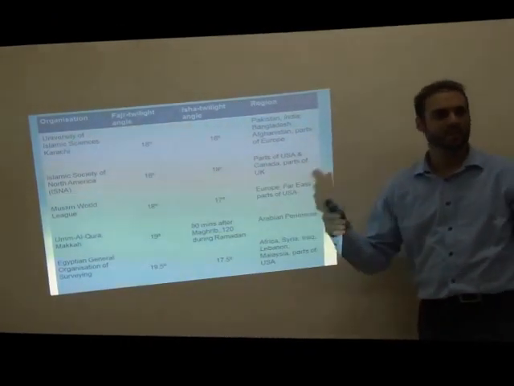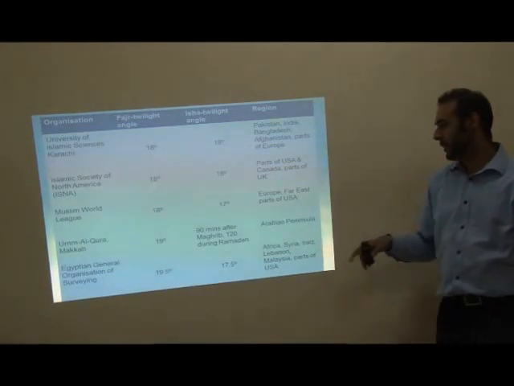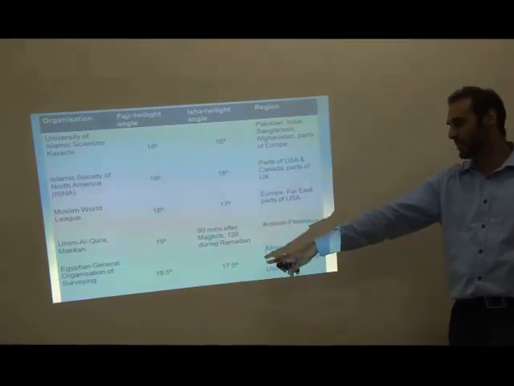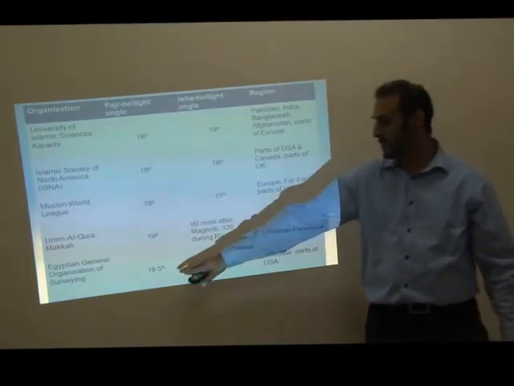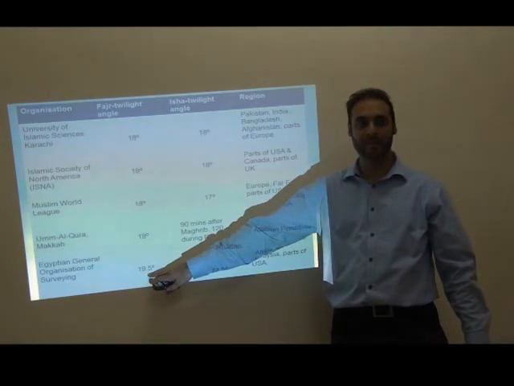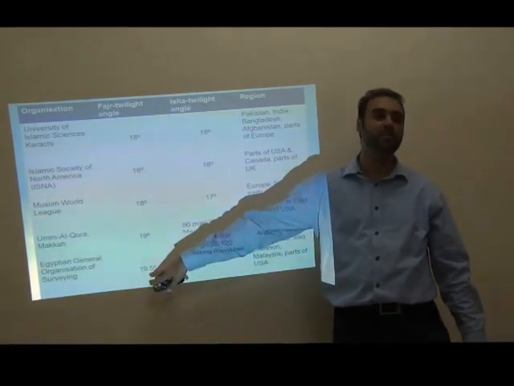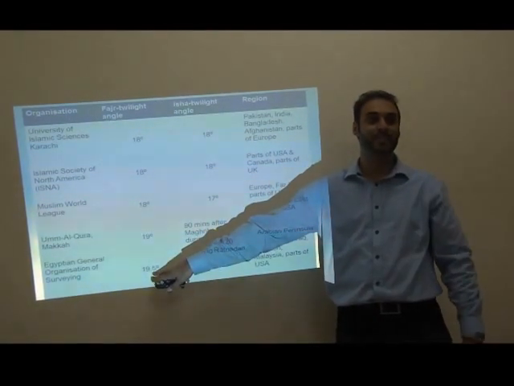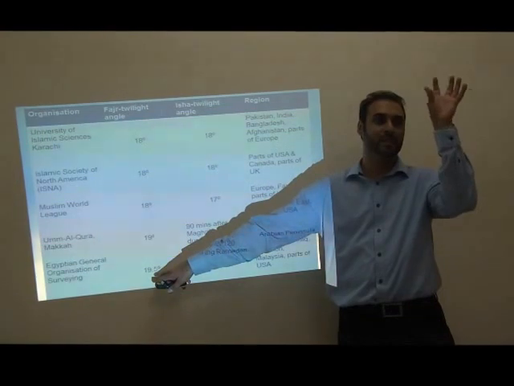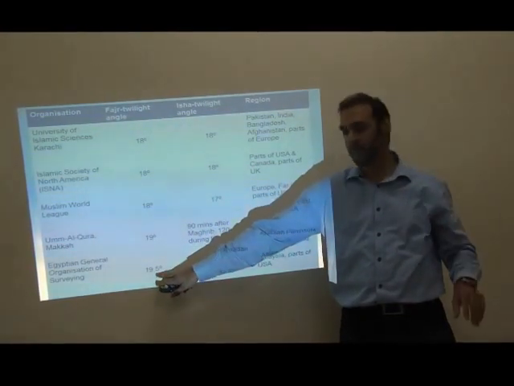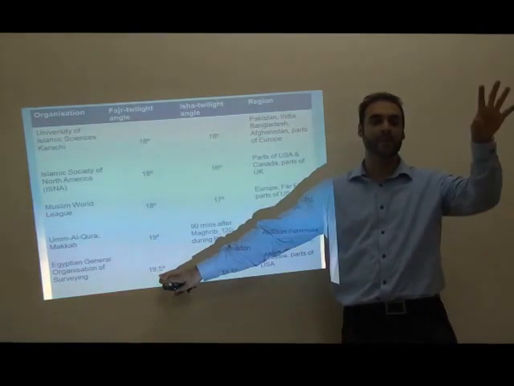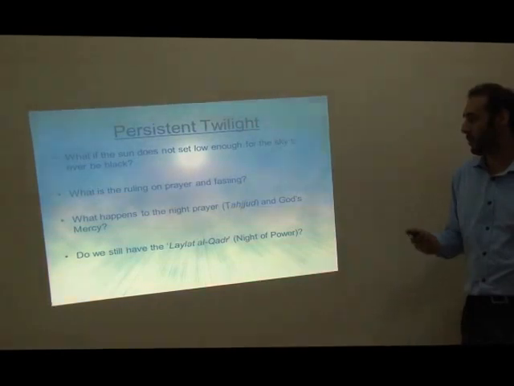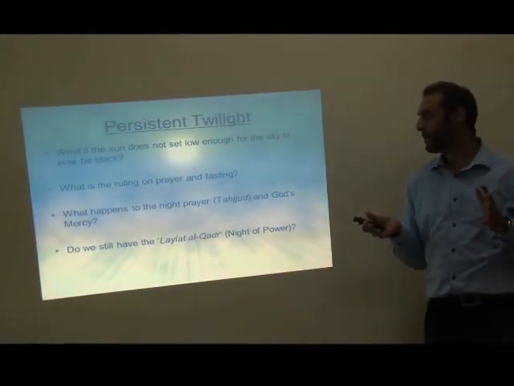I suspect the 1:20 is to give people more time to get into the mosque for Isha. This is in the Arabian Peninsula. And the Egyptian General Organization of Surveying, 19.5 and 17.5 respectively. So they're actually playing it safe, or they've got the data on hand that proves that even up to 19 or 19.5, as we proved from the previous scientific study, it's still technically Shafaq al-Abiyad, the white twilight, still visible. Not to you and I in cities, but out in the country or above the sea, it's still visible.